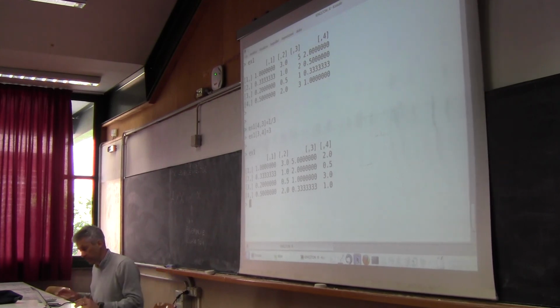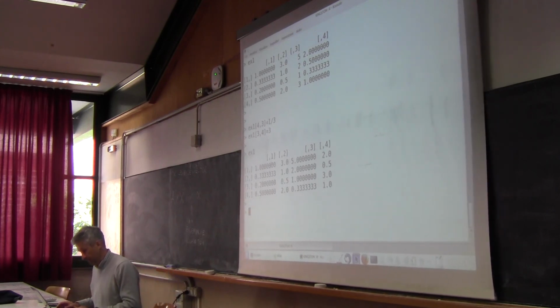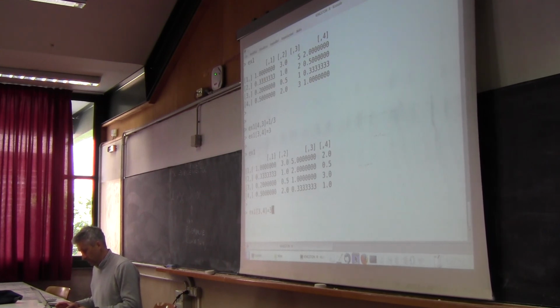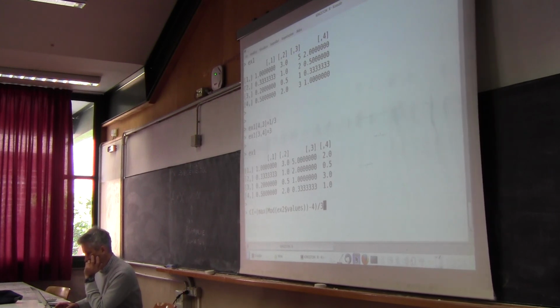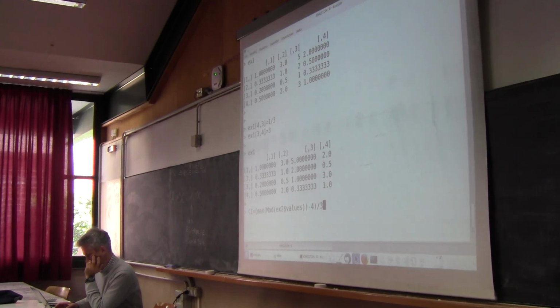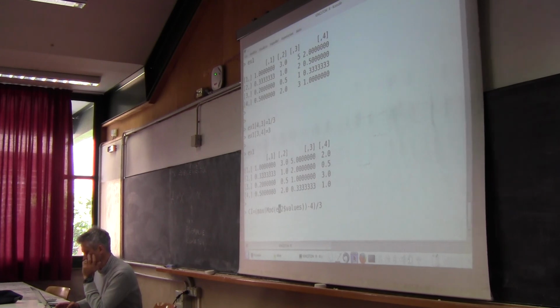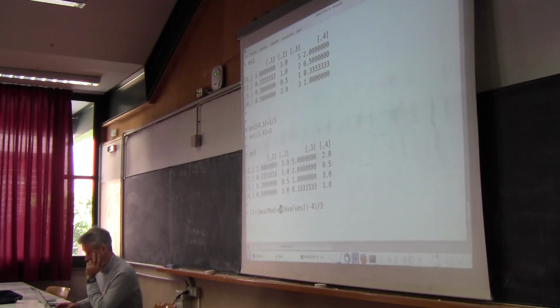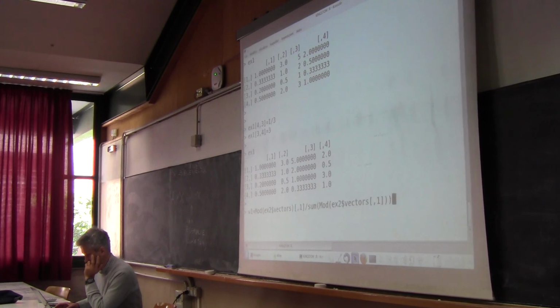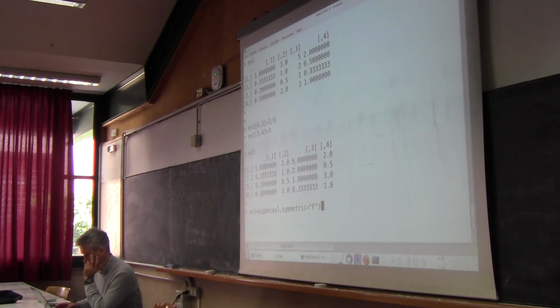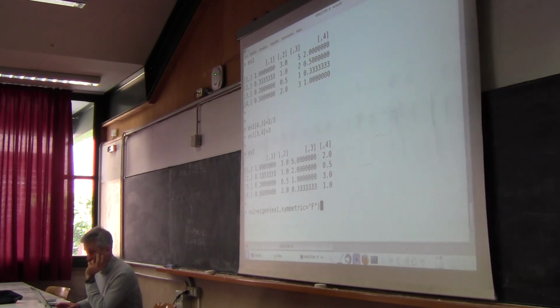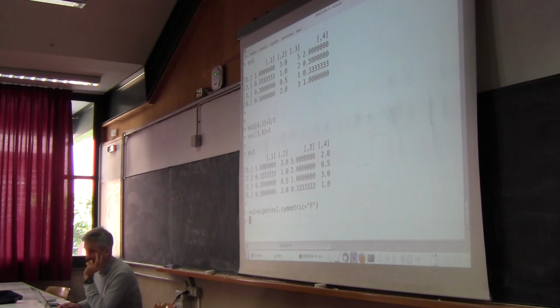Okay, now let's compute the consistency. First of all, we need to get the maximum, we need to get this quantity. The problem is that we need to first compute x2. I go back. Here it is, the instruction to compute x2, which is the eigenvalue of